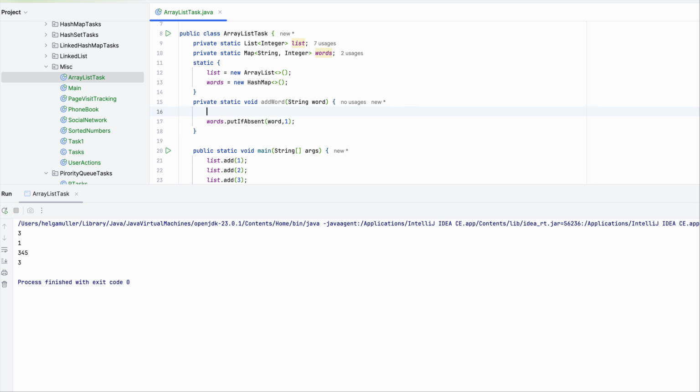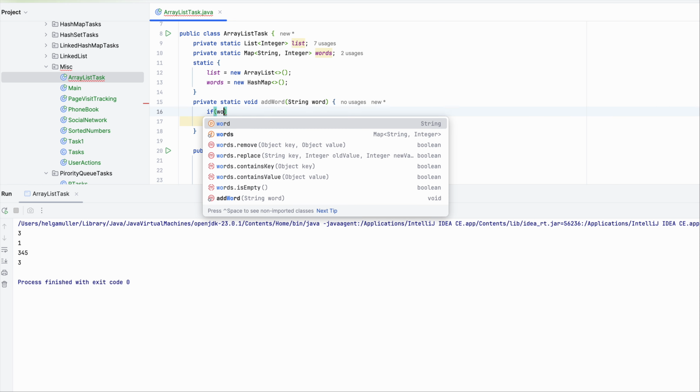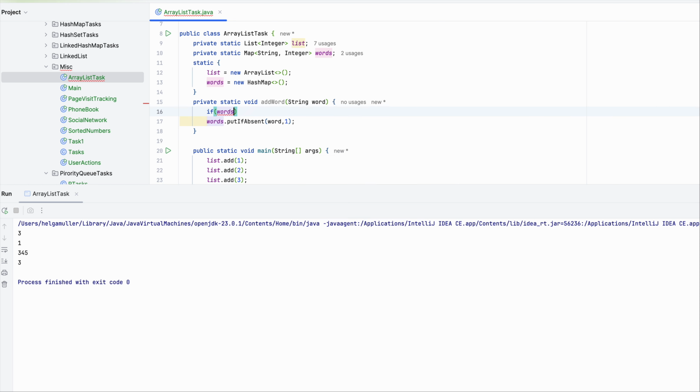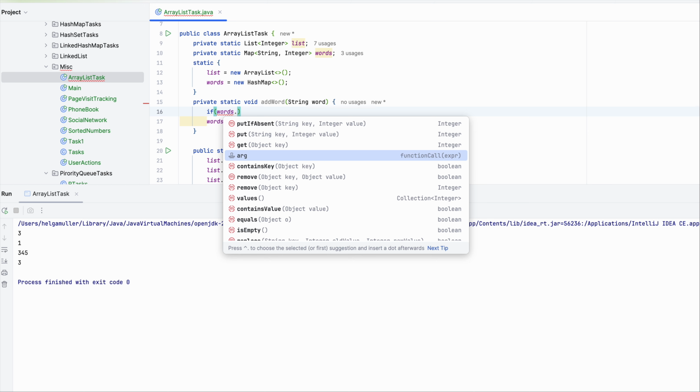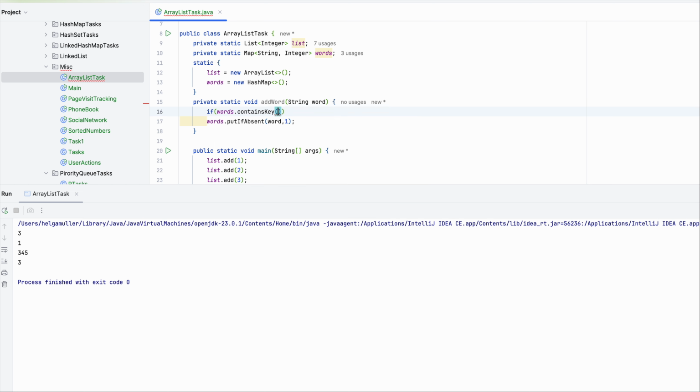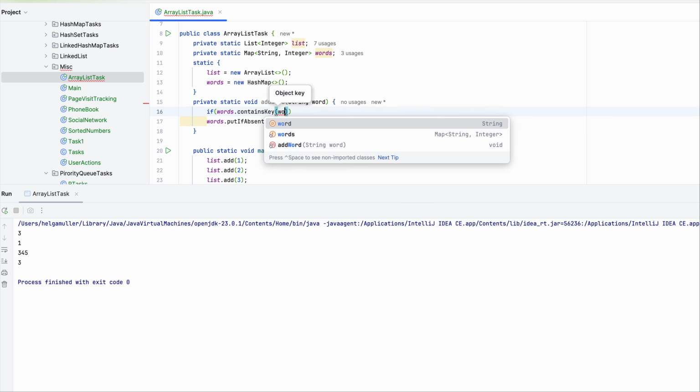Actually it will be if, so it will be an else cycle. I'm going to use if else here. So let's start from the situation if we already have this word in our map. So if words contains word,